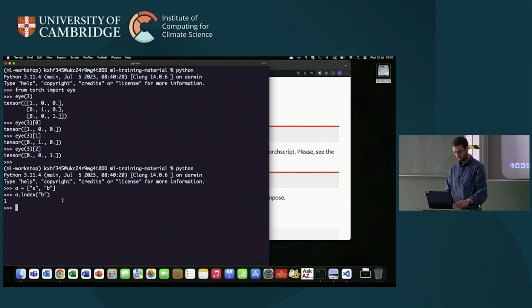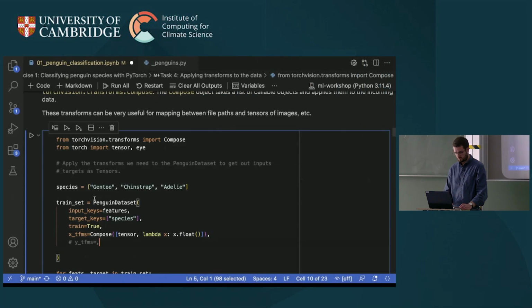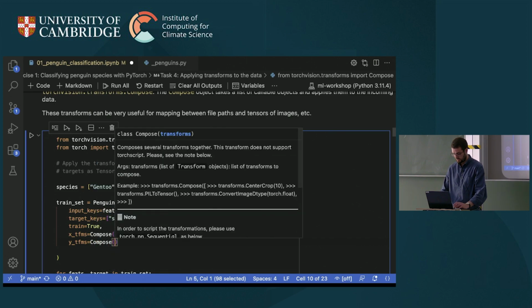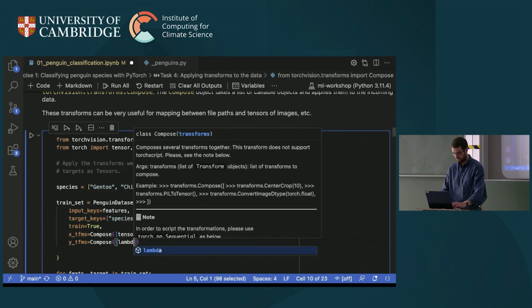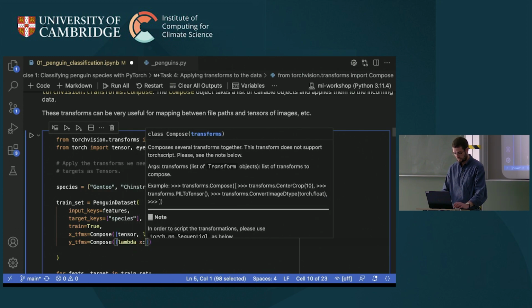Remember, we count from 0. So the transform to go between a string and a tensor is just compose. It needs to be in a list of functions, so lambda x. Then we can do